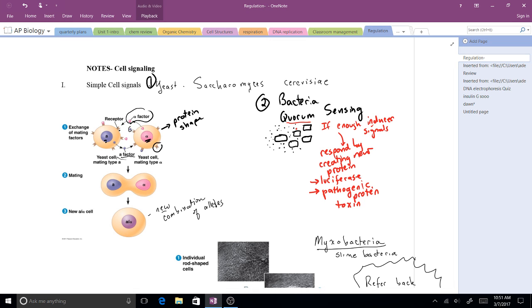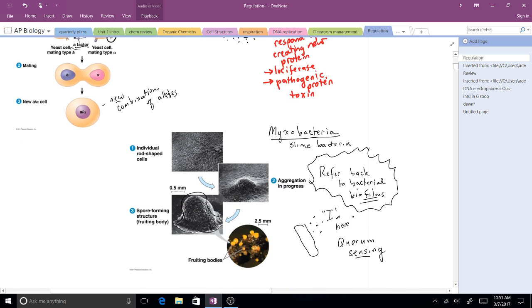Now, we already learned about the second one, bacterial quorum sensing. If there are enough inducers around, meaning that there are a lot of bacterial cells, then all of the bacteria are going to respond by creating new proteins. We saw that with luciferase, with pathogenic toxins. Those were not the nice ones. We even see this with the